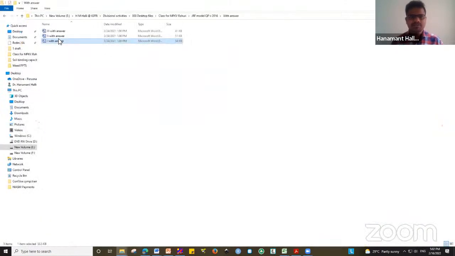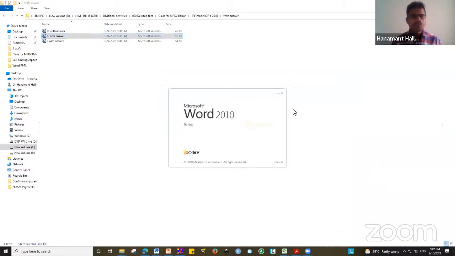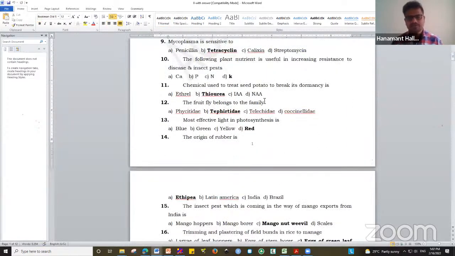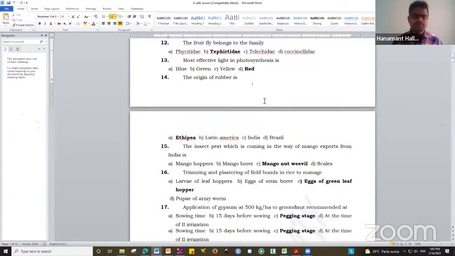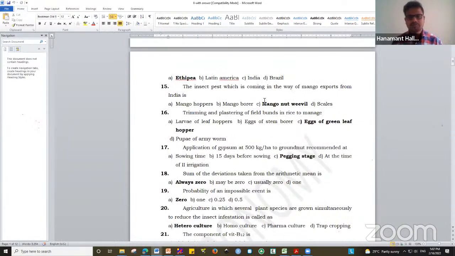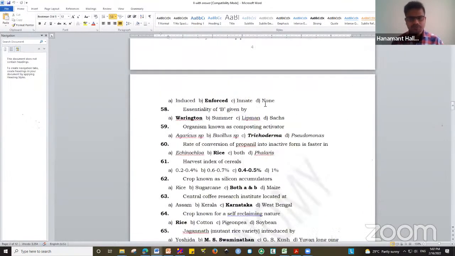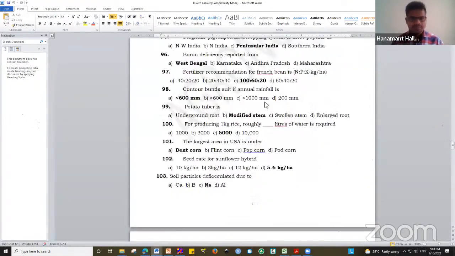I have prepared 3 sets of question papers. I will share these question papers with your teacher, so you can refer to them after your preparation. Before preparation, don't go for referring to these question papers. After your preparation, only then use these question papers for testing your knowledge. If you are getting some difficulties, go back to preparation again. Without preparation, don't refer to these question papers. Use them after preparation only.